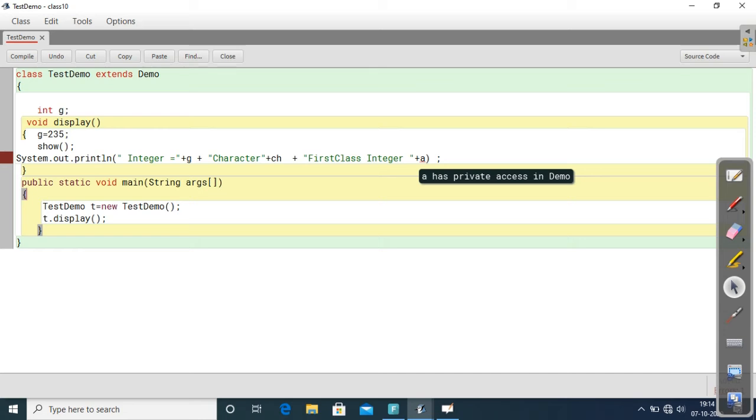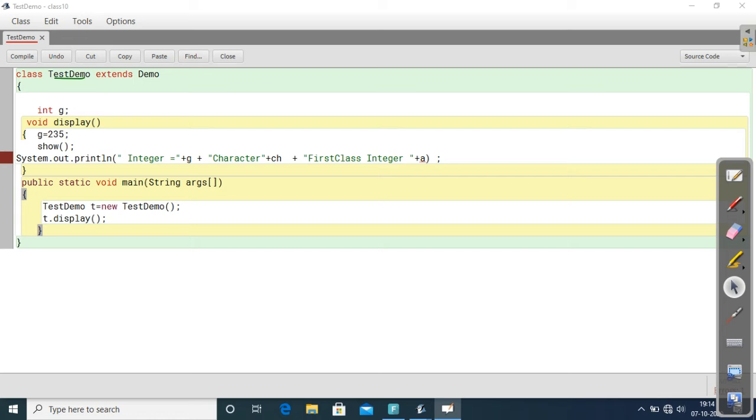That means in the demo class we have declared that a as private. So what is the property of private as an access specifier? Private means it is accessible only to that particular class where it has been declared. Now this class is test demo, which is a subclass of demo.